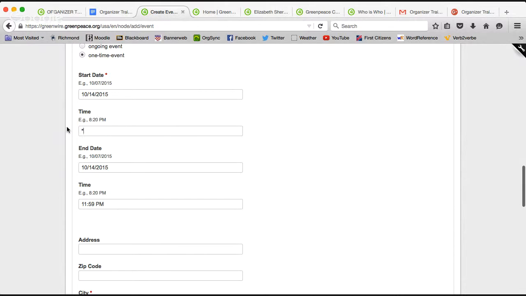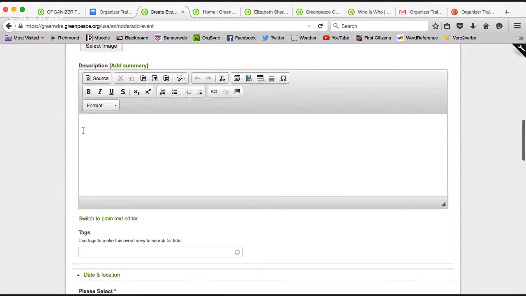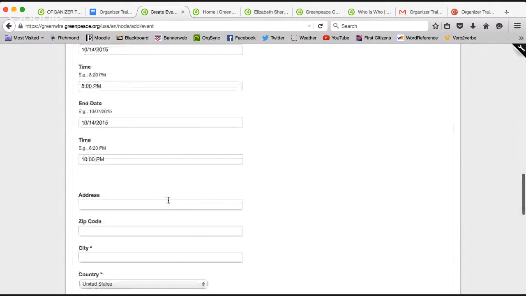And then a start and an end time if you are able to provide that, just so that someone, if they're not able to make the 8 o'clock start, they have from 9 to 10 still to join.